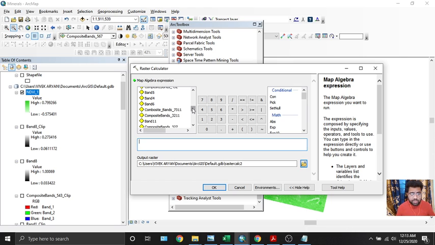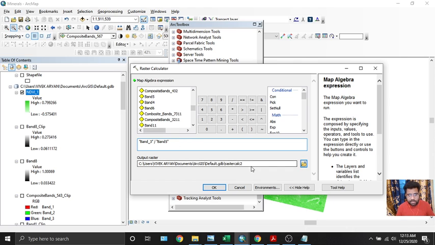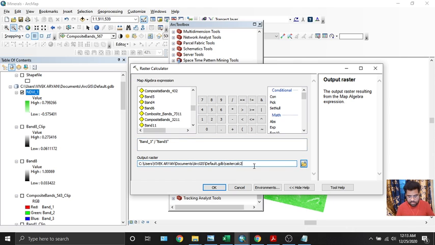Right now I am showing you the process how to generate the indices, or how to generate the band ratio. So band 3 divided by band 5, this is band number 5. Where it is, yeah, this one, this is band number 5. So band 3 upon band 5, let's name this output raster as spodumene,